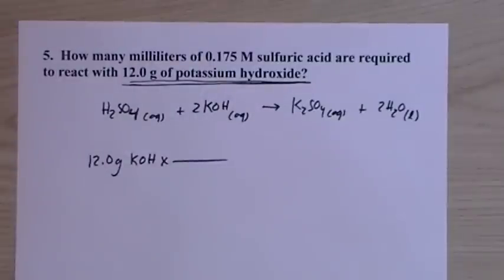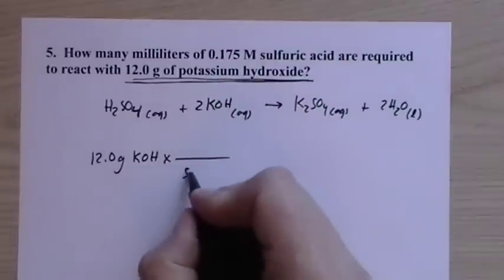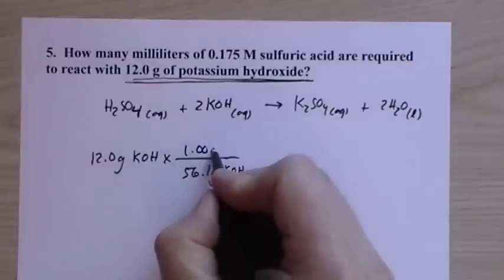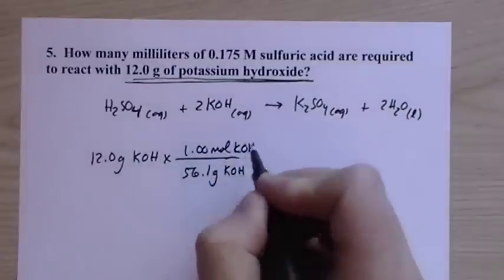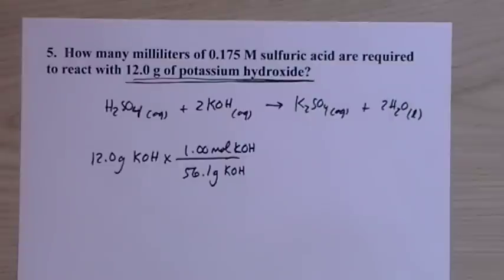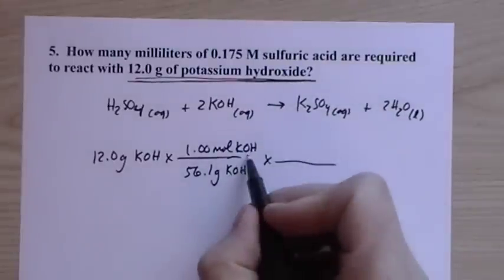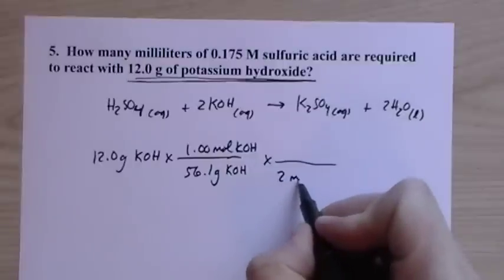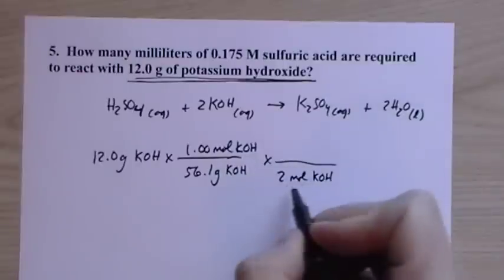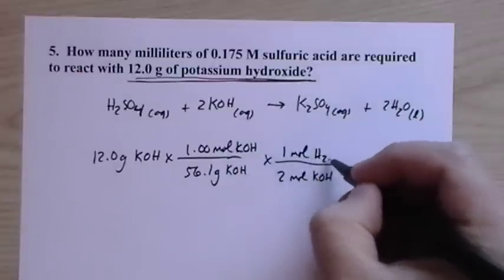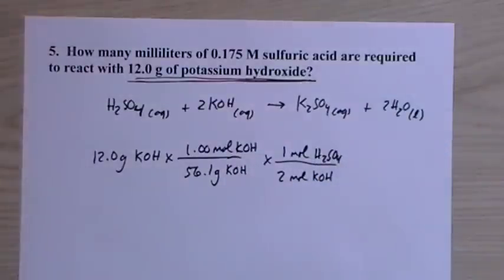So 39.1 plus 16 plus 1. So this is 56.1 grams of KOH is 1 mole. I'm going to double check that. 39.1 plus 16 plus 1. Now that we know moles of KOH, we know that for every 2 moles of KOH, notice I don't use any decimals here because these are exact numbers taken directly from the equation,